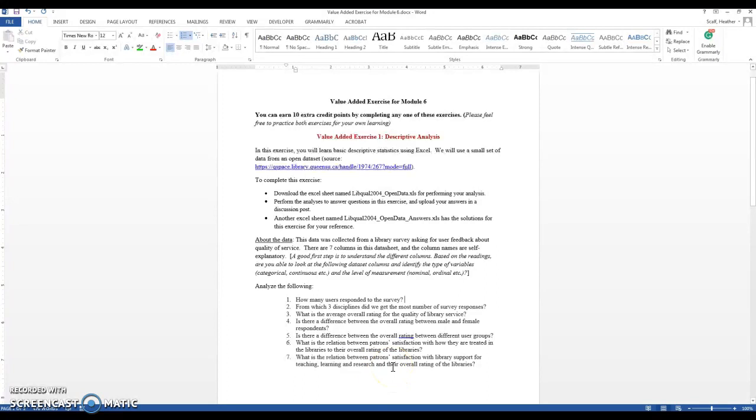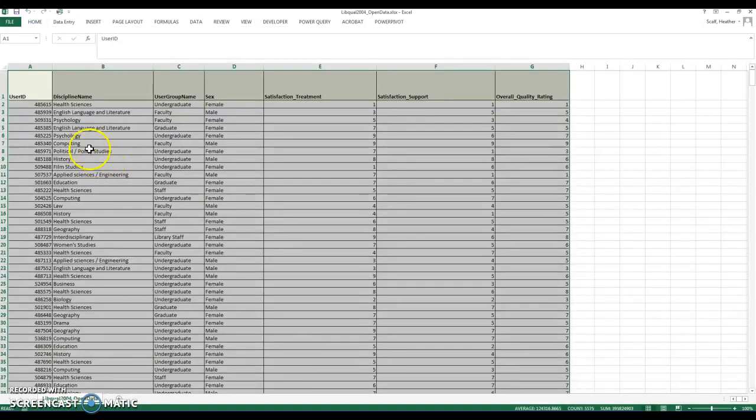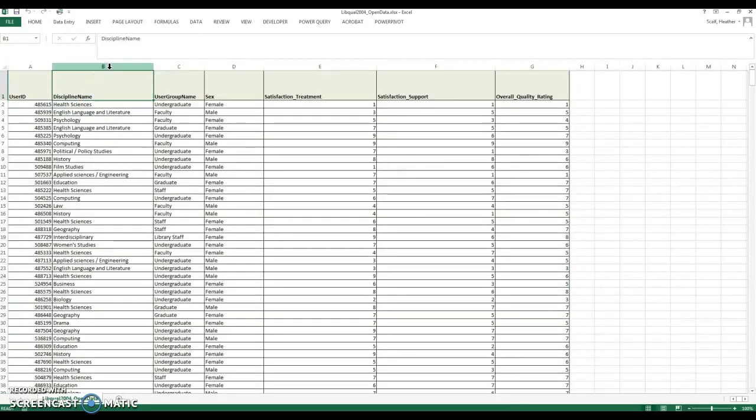This data is from a library survey that was created to find user feedback about the quality of service at the library. You can see if we look at the data set, there are 7 columns. Those are variables: user ID, discipline name selected by the user, they're telling us what discipline they're in, the user group name, what is their status, are they an undergraduate, a graduate, faculty member, or staff member,